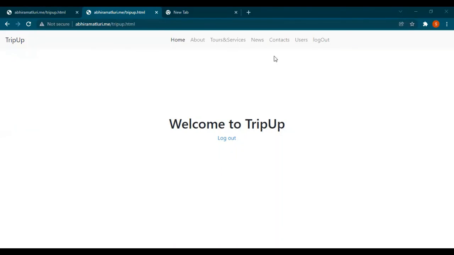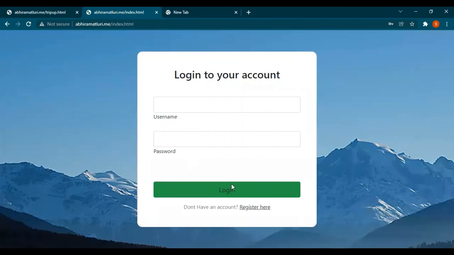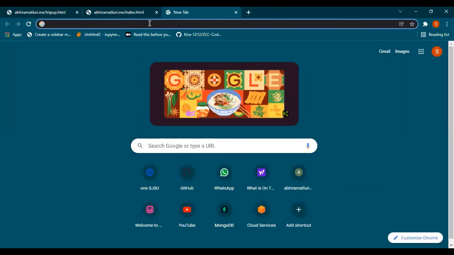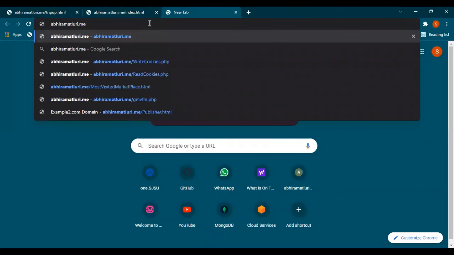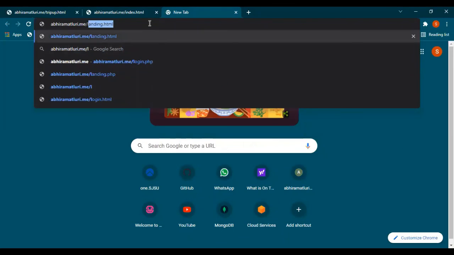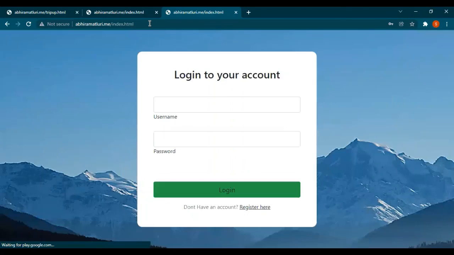Hi, Professor. After traveling throughout the marketplace, a user can log out of the marketplace from the logout button present in the home section of the TripHop website. On logout, he will be diverted to the login page. He cannot access the landing page again as his authentication has been removed. For example, he will be diverted back to the login page.